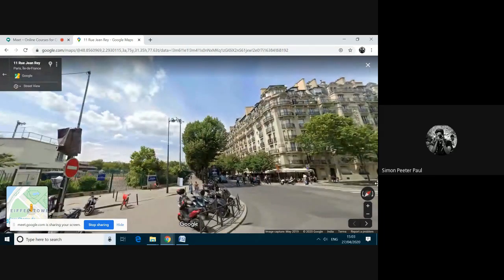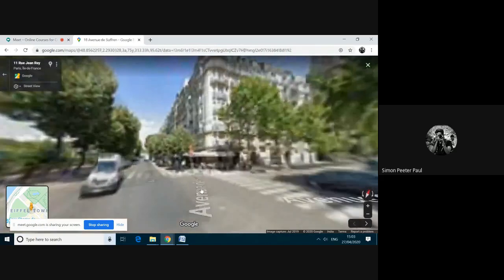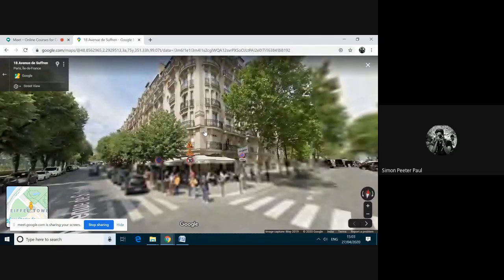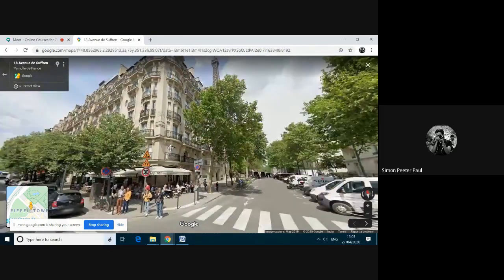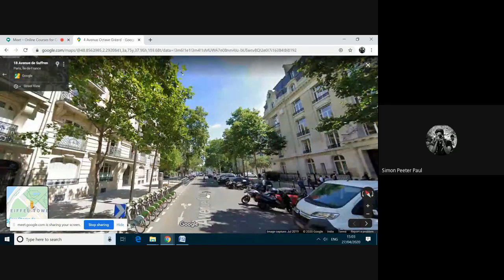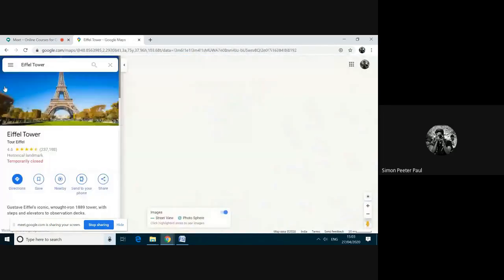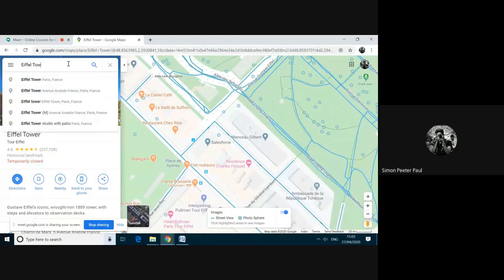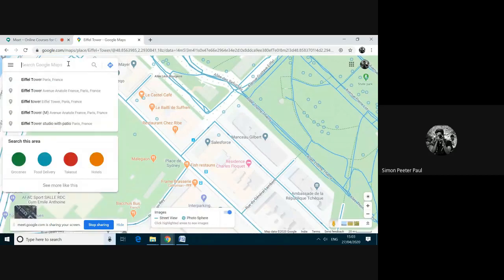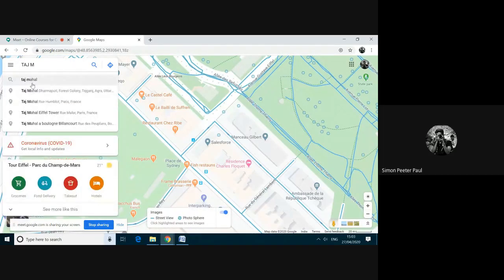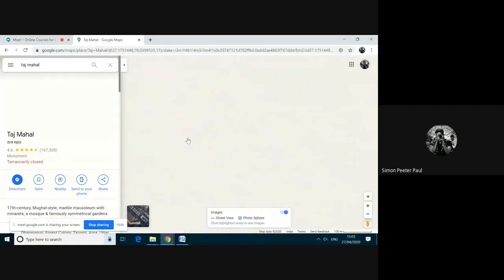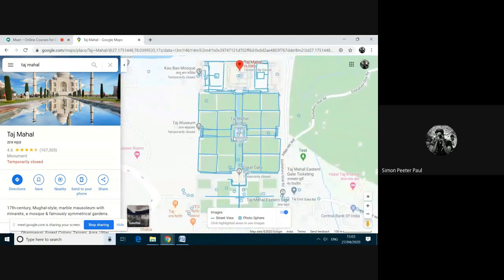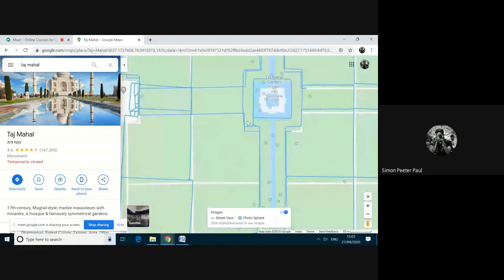See here. Okay, let's go near this restaurant, this hotel, some building. And you can go inside directly. Okay, let's go to Taj Mahal and make a visit. And there are lots of places here. Now let's go to Taj Mahal. I visited twice. Okay, it's temporarily closed. Taj Mahal is temporarily closed. They have informed us. But let's go inside the Taj Mahal.